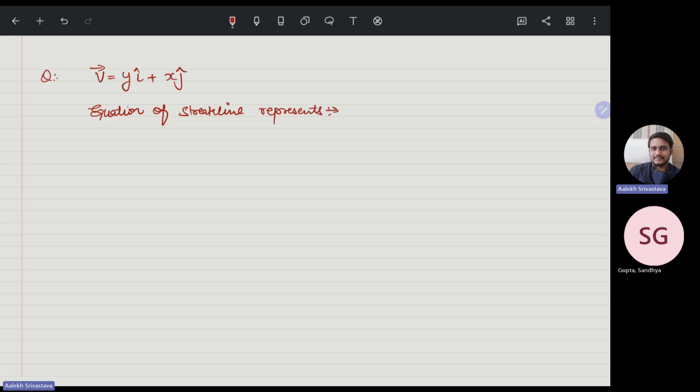It represents a circle, hyperbola, parabola or ellipse. So you know that the equation of a streak line is given as dx by